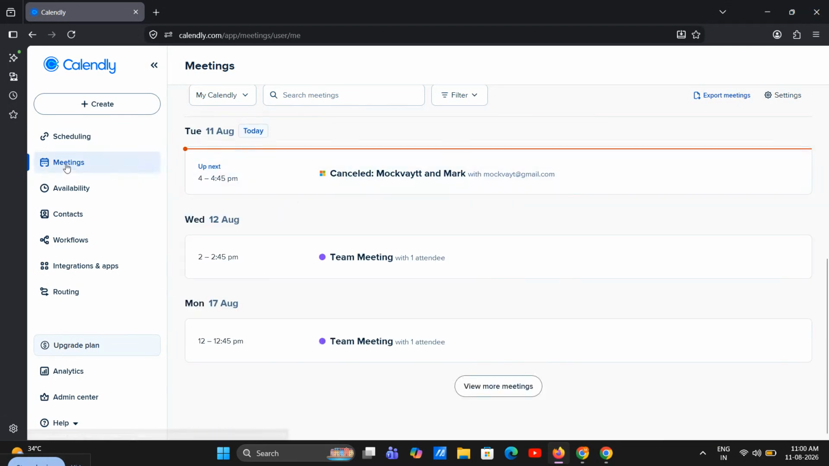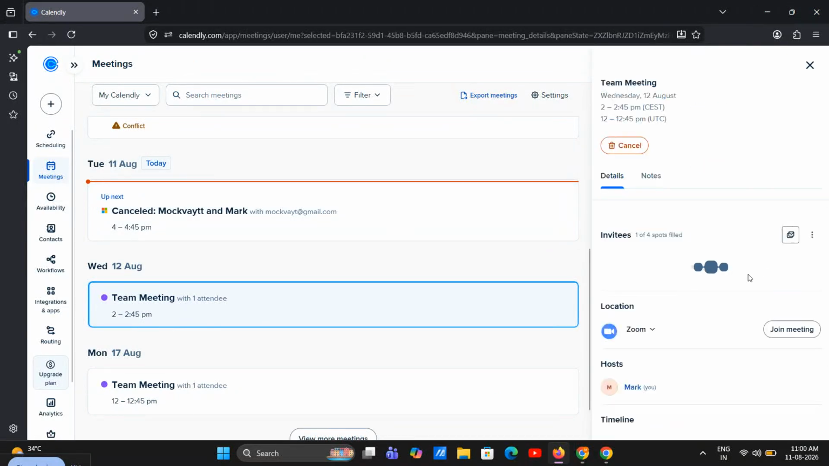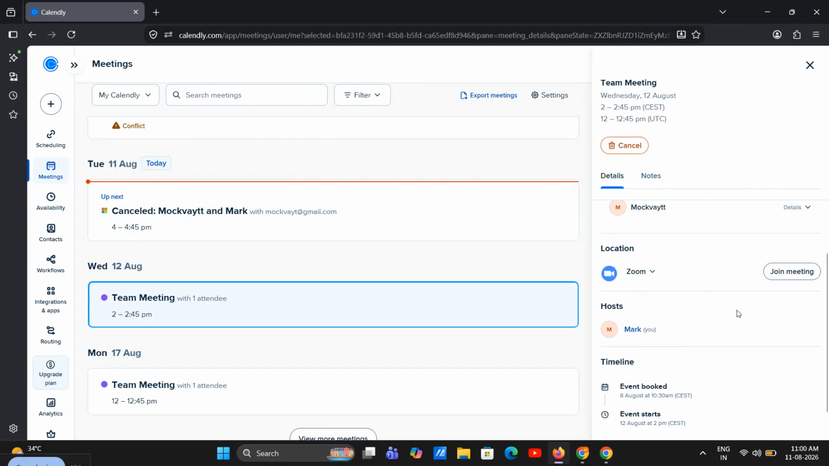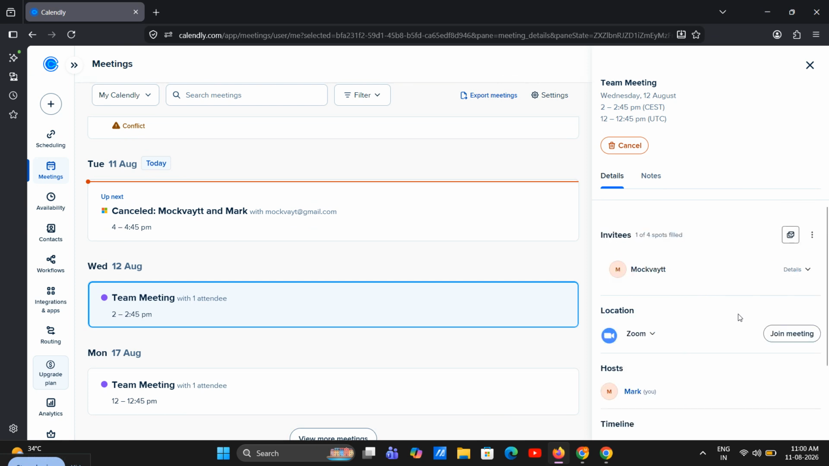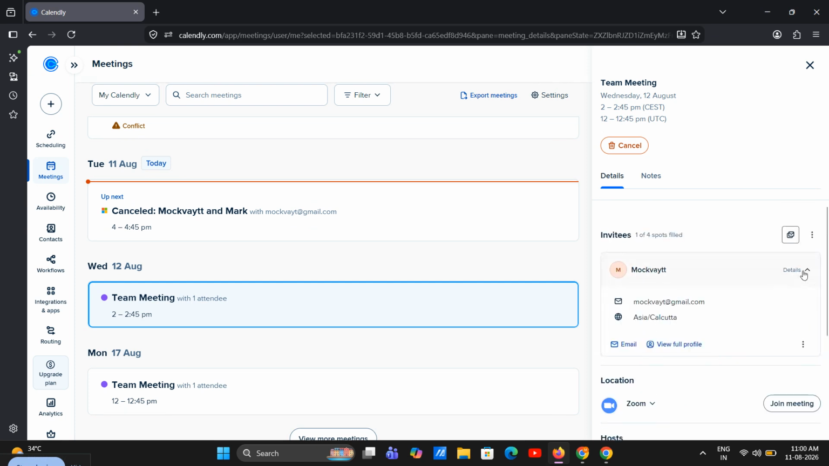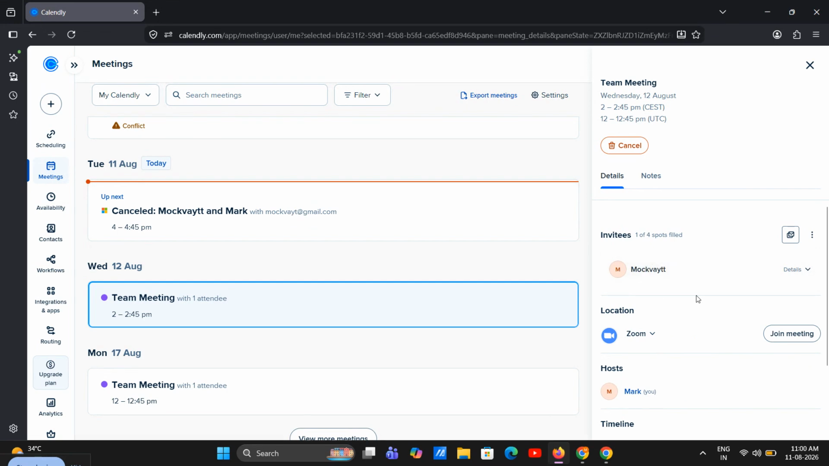When you do that, Calendly will show you important information such as the invitee's name, their email address, the date, the time, and the meeting details. This is helpful if you need to confirm who booked the meeting, check when it's scheduled, or review any notes related to the event. If you have a lot of bookings, you can make things even easier by using the